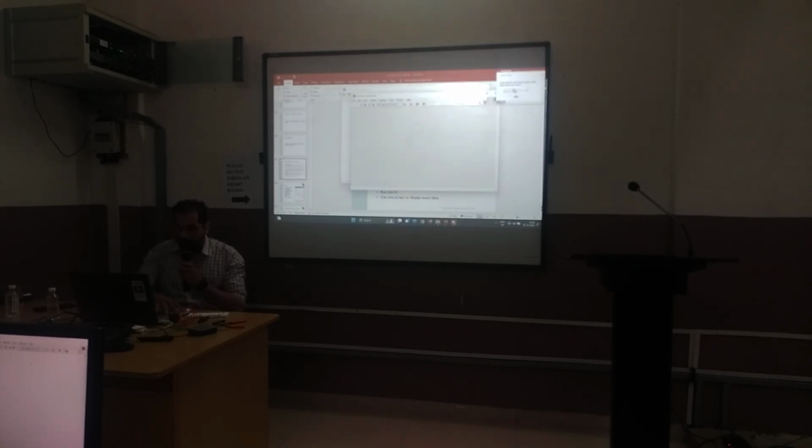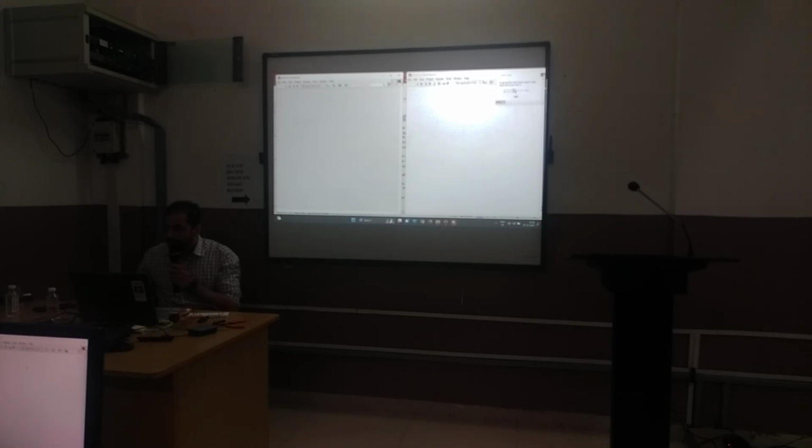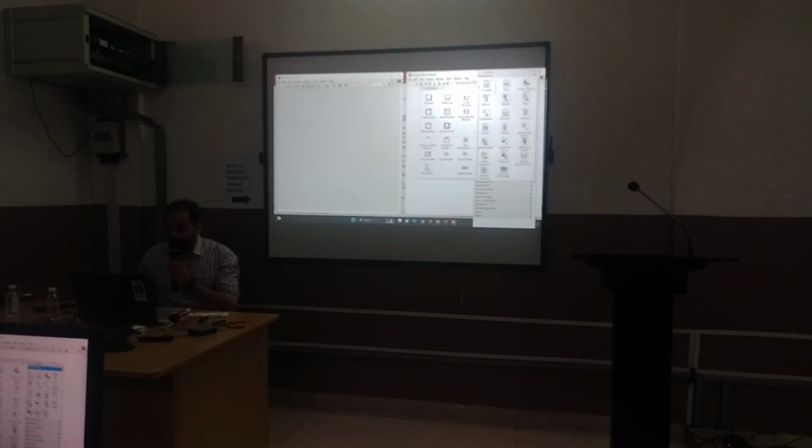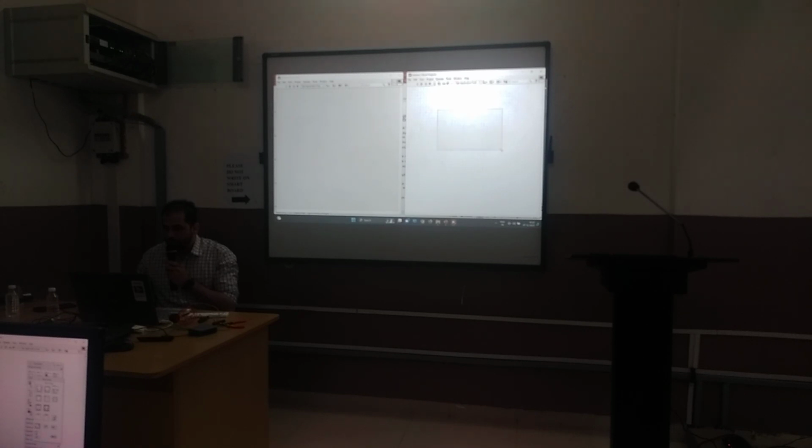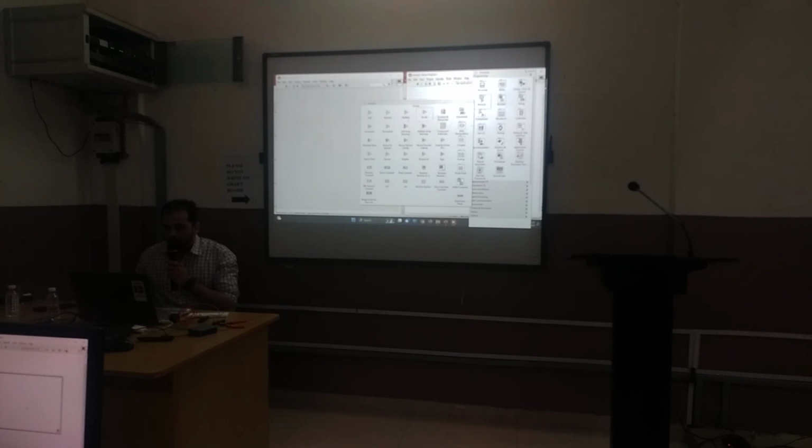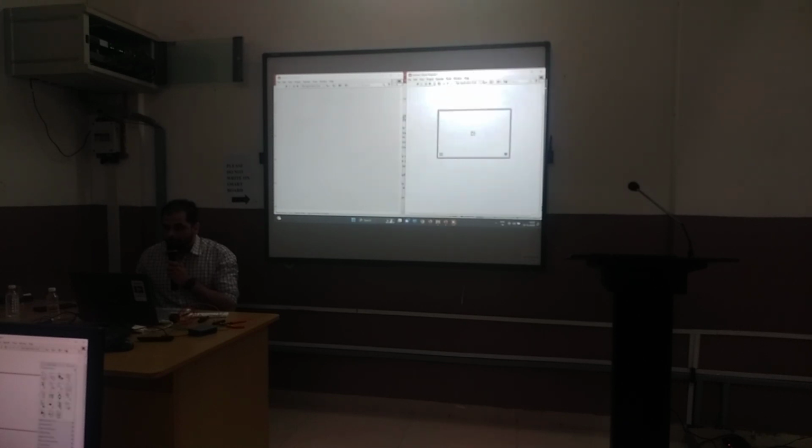Open a blank VI. Again, go to structures and place a while loop. Then go to numeric and place an addition node inside the while loop.